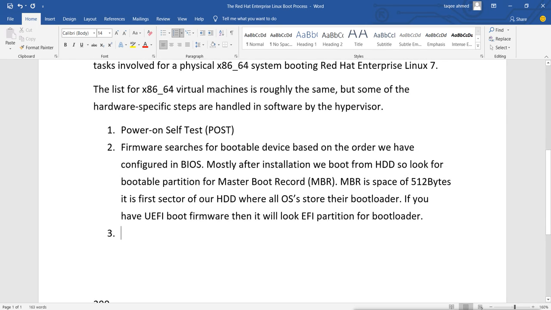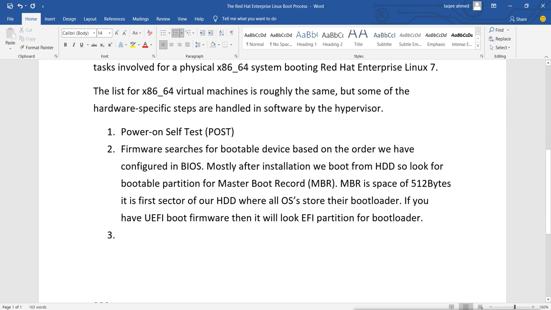Now from the MBR space or from the EFI partition, it will load the bootloader. Now the bootloader is found, and the system will read it. Mostly here it will decide which operating system is going to start, whether it is Windows or Linux.